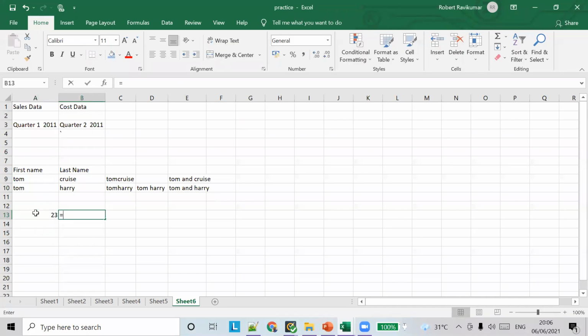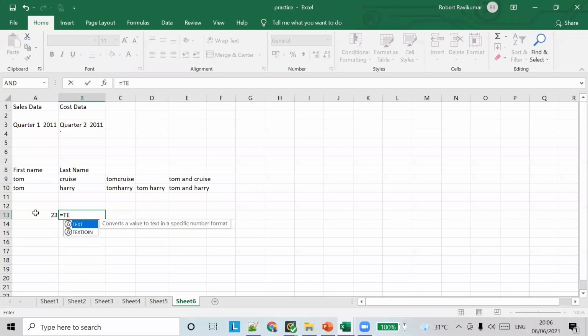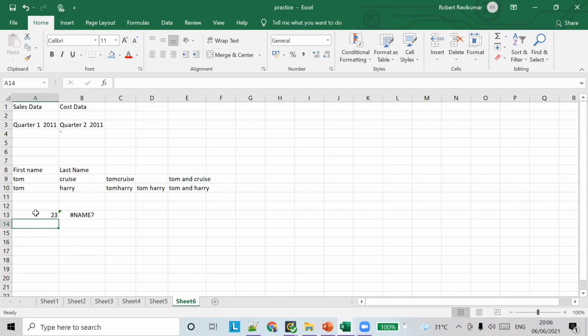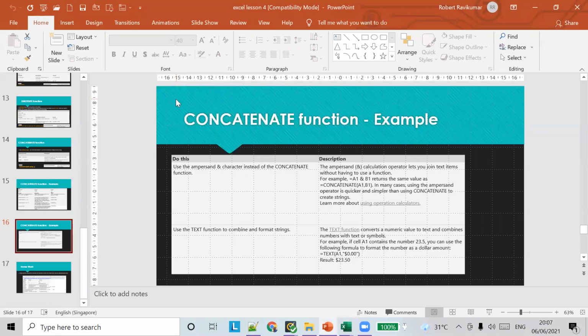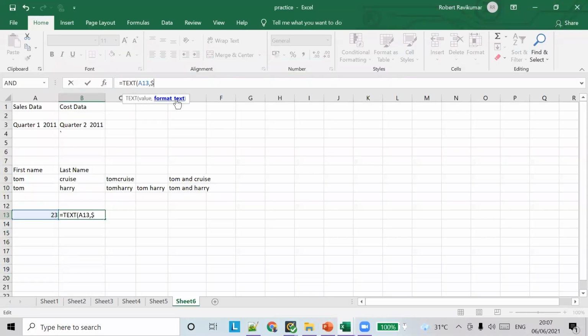We can say equals TEXT of A13, with the text format, dollar 23.00, 0.00.